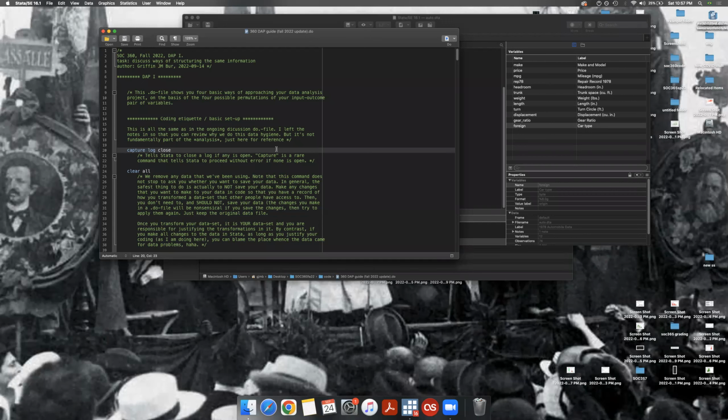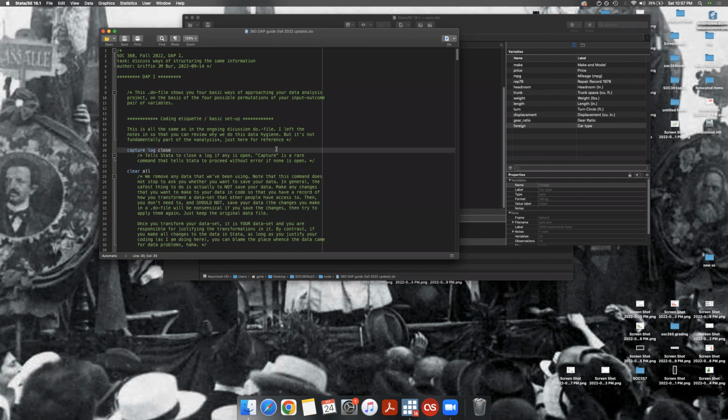I don't necessarily know them, but these are the types of things you can usually find out pretty easily with an internet search engine. So I would recommend Shift Command D if you're on a Mac. You can run do files all in one go, and generally that's what you want to do when you finish the do file. But you can also run parts of a do file